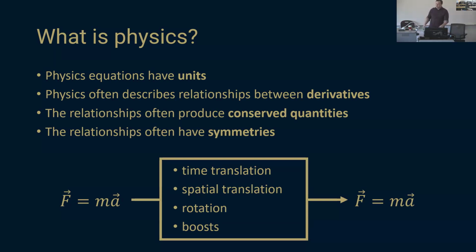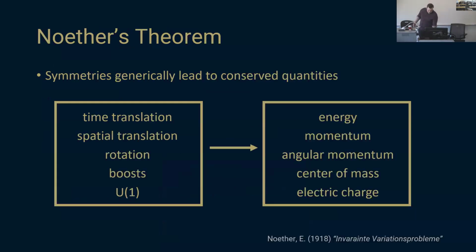I can rotate the box. I'll still get F equals ma. I can even put the box on an airplane, right? It can be moving at hundreds of miles per hour. It'll still find F equals ma, right? So there are classes of transformations I can apply to my data and still reach the same overall observations. So in terms of how to build this into data-driven methods, I wanted to say one more thing about symmetries,